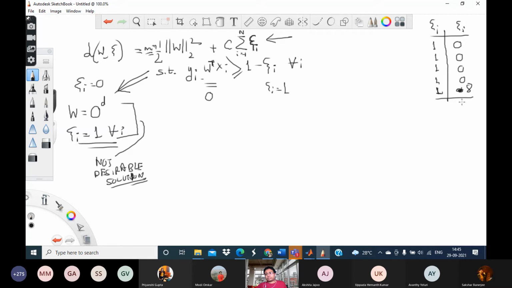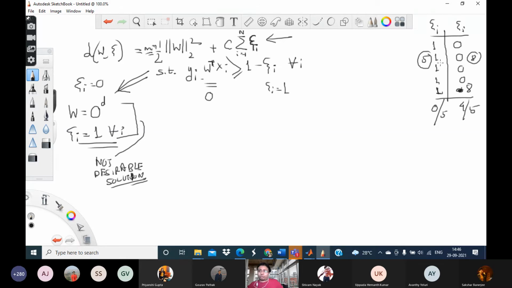The second one. Why is this better? Because most of the points in that case are correctly classified. Exactly. In most of the cases the xi's are equal to 0, which means that they are correctly classified. So we can say that the accuracy in this case is 4/5. In the other case, all the xi's are positive, which means that all of them are misclassified. So this has an accuracy of 0. However, the sum in this case is 5, and the sum in this case is 8.